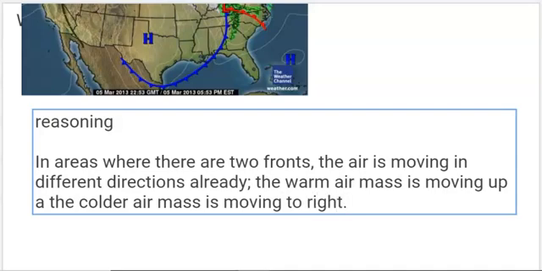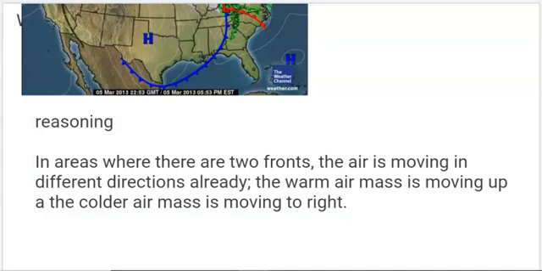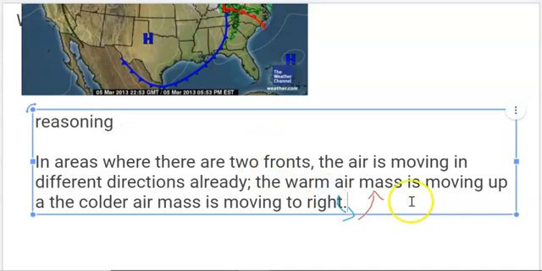So if you imagine what we've got here, the warm air is moving in this direction, and the cold air, right where they hook together, is moving in this direction. And you can see we've already got the start of some swirling air,